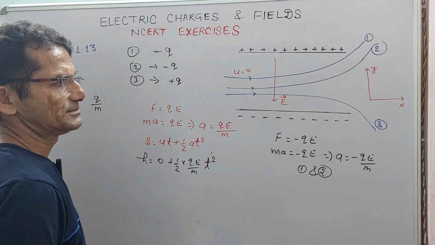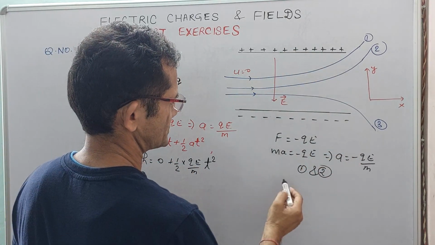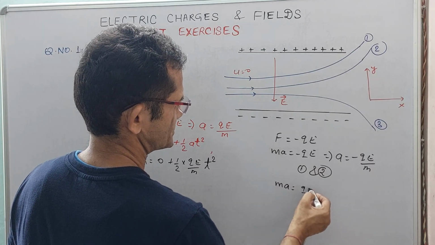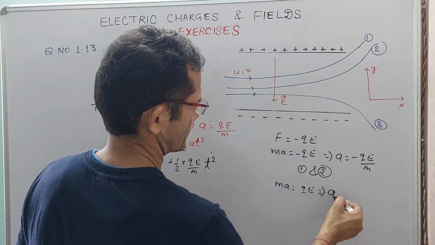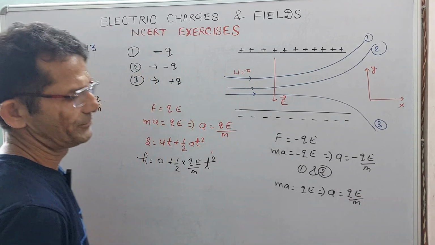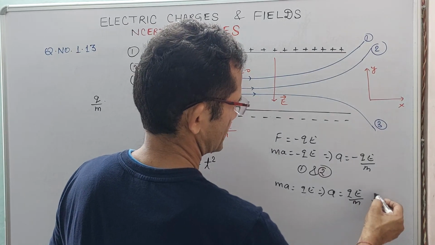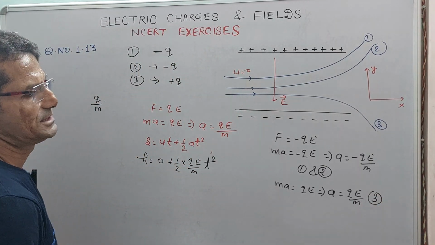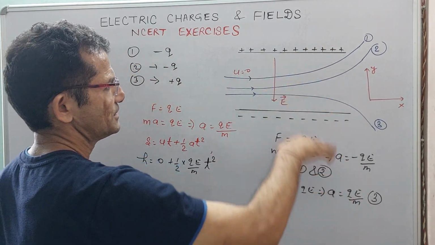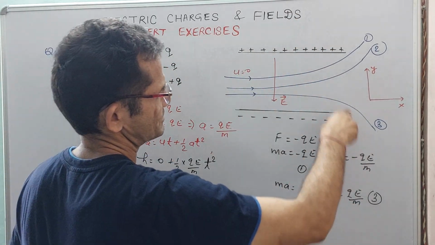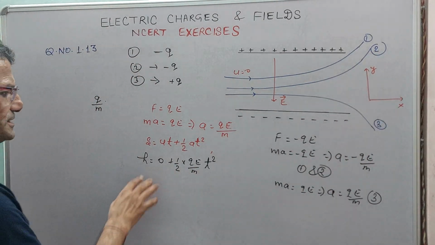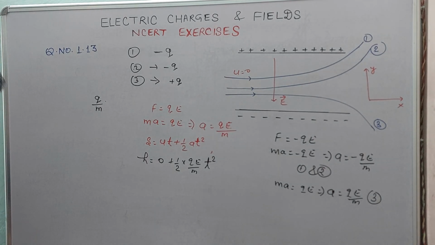Now for particle number 3, the acceleration will be downwards. Because the charge Q is positive, the acceleration for particle number 3 is in the same direction as E, the downward direction. That means the force is in the downward direction, and the acceleration will also be downward. So now this is our expression, h is equal to